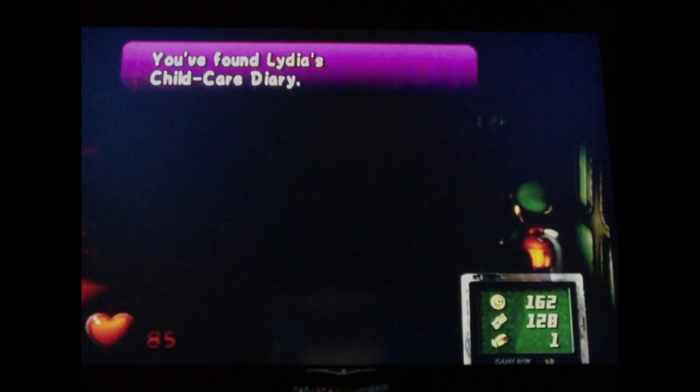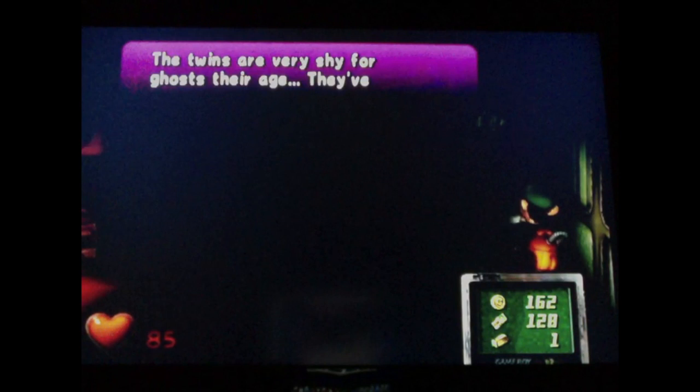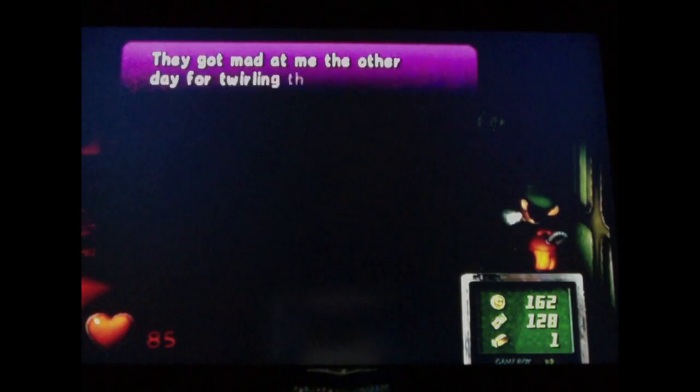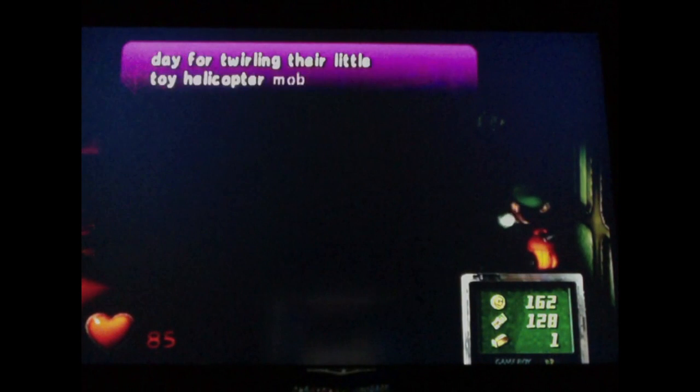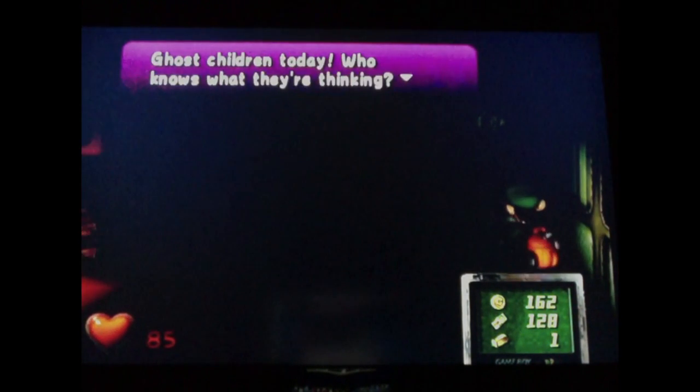Anyway, last one. Lydia's Childcare Diary. Twins are very shy, ghosts their age. They've even gone and hid the key of their room far away in the mansion. How terrifying. They got mad at me the other day for touching their little toy helicopter mobile. Ghost children today. Who knows what they're thinking? That's another hint to some boss ghosts we're going to be facing later, but...